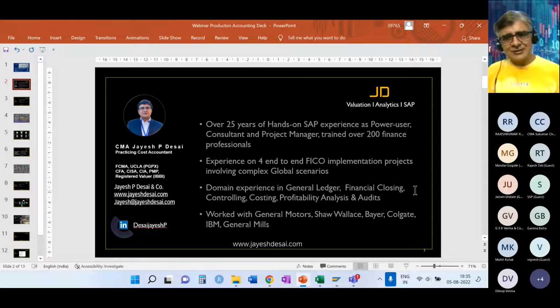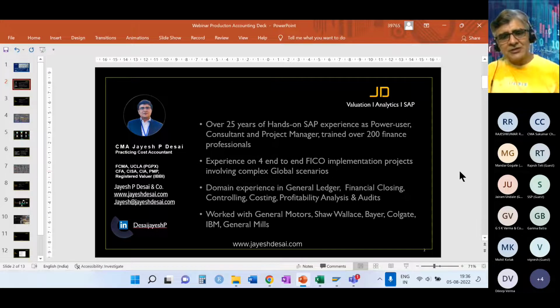And the second is SAP, where I train many youngsters and also many experienced professionals who are passionate about technology and learning SAP. SAP is the closest we can get to technology compared to others, whether it is blockchain or RPA, which are still more technical for most of us. But SAP connects to our finance domain much more closely than any other technology.